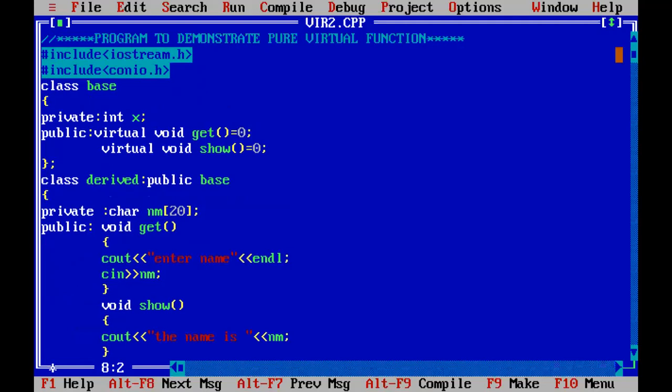It does not have any body or any statements, and we just simply initialize its declaration with 0. So if we put 0 in front of any virtual function, that means this function now becomes a pure virtual function. So this particular function will not have any definition in the base class, only in the derived class.